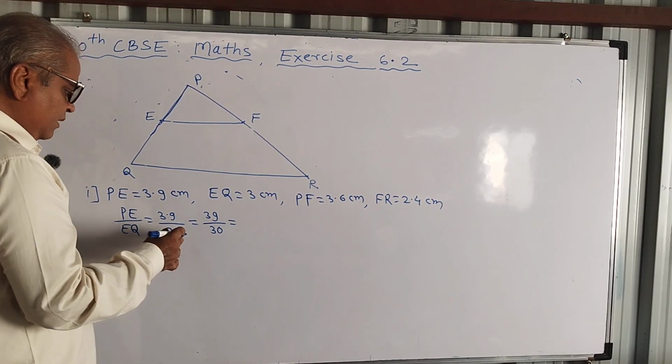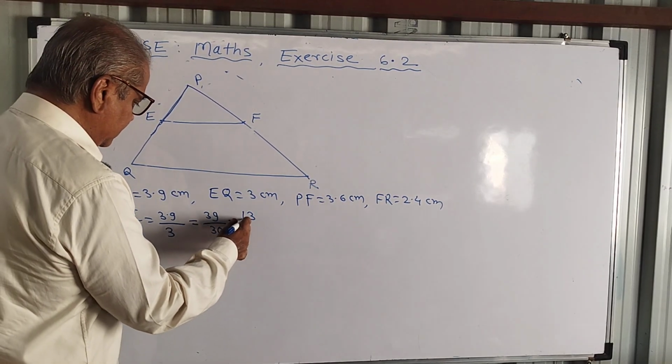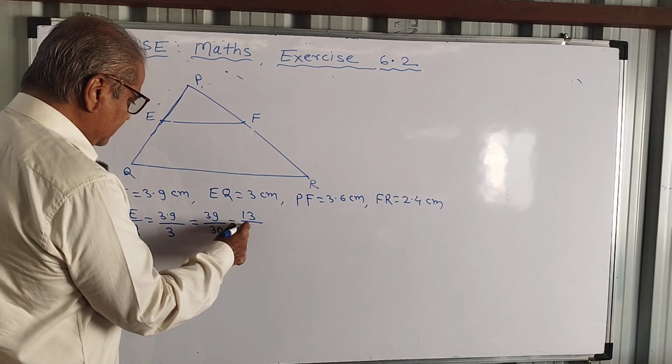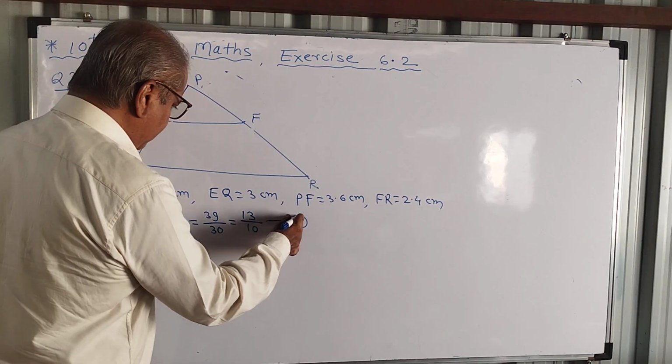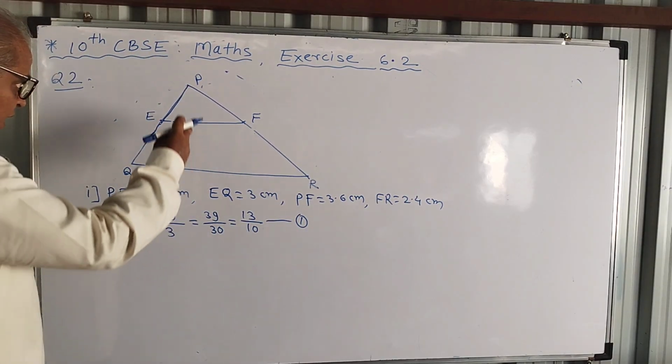I can reduce it by 3. 3 1s are 3, 3 3s are 9... so 13 upon 10. Let it be statement number 1. Now find another ratio,